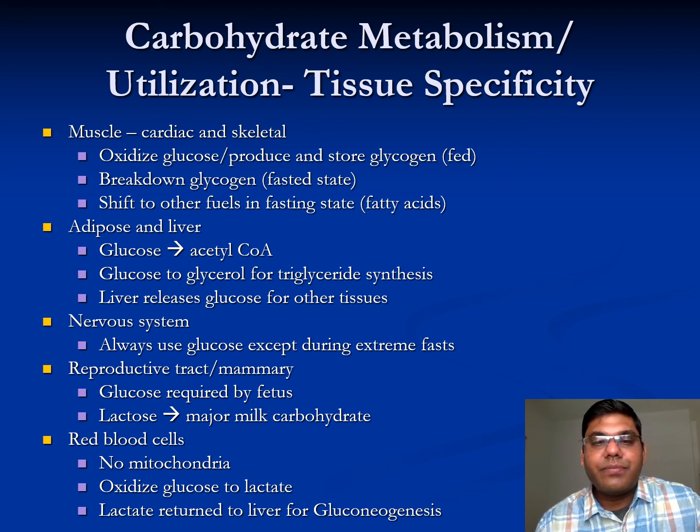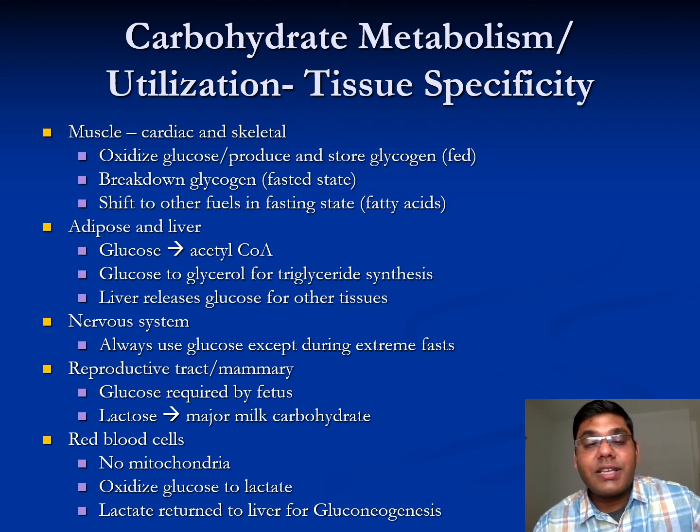So this is very important for the nervous system and for the reproductive or the memory system. The glucose is required by the fetus as well. And the red blood cells have no mitochondria, so they oxidize glucose to lactate, and lactate will return to the liver for production of energy by non-glycolytic